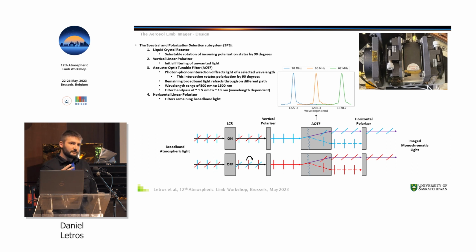You can tune the transducer to vibrate the crystal at different frequencies. Depending on the frequency you vibrate it at, a wavelength of light will respond to it and diffract off onto a different optical path. So what this looks like functionally is you have these filter shapes provided by the AOTF, and depending on how you've tuned this transducer, you can slide this filter shape around in wavelength. This filter shape defines the spectral